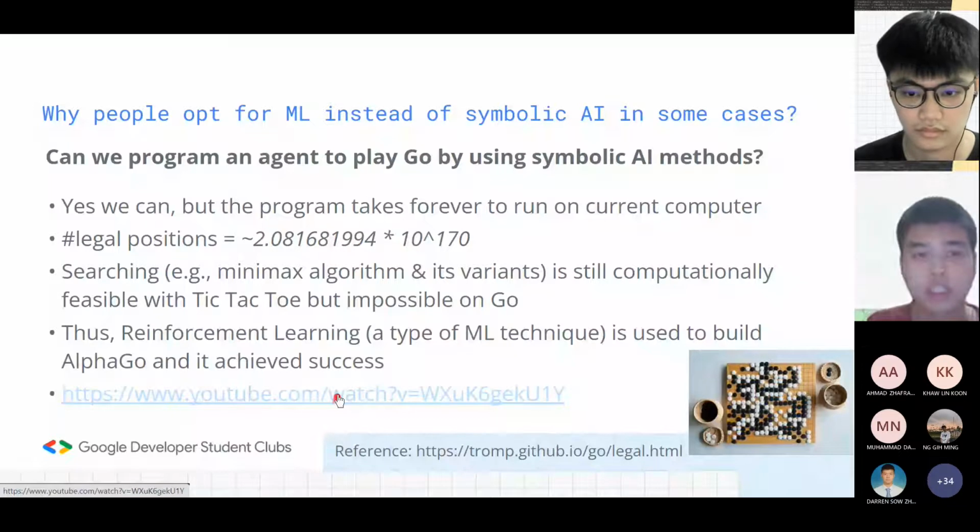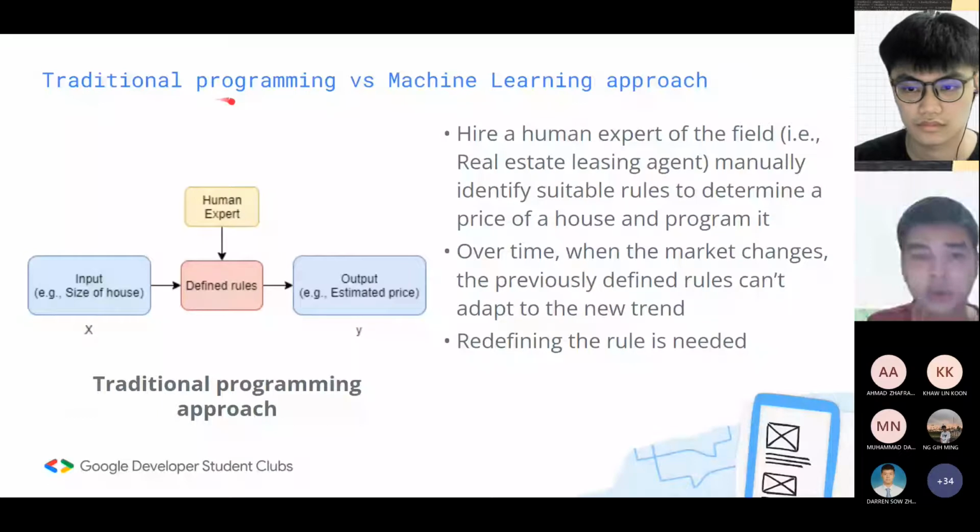We just did a very simple comparison between traditional programming and the machine learning approach. So let's go into a more live example of why we need to apply machine learning. In this traditional programming approach, let's talk about the real estate leasing agent. The real estate agent would need to predict the price for a real estate property. If we are using the traditional programming approach, we would need a human expert to